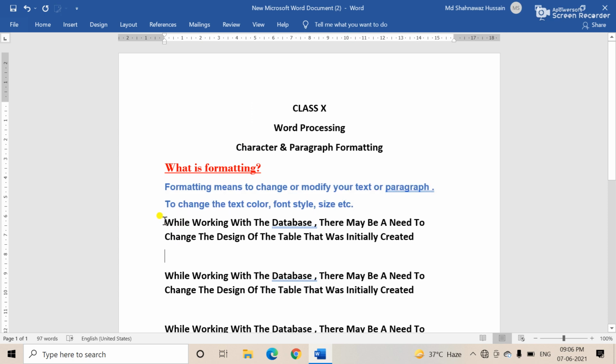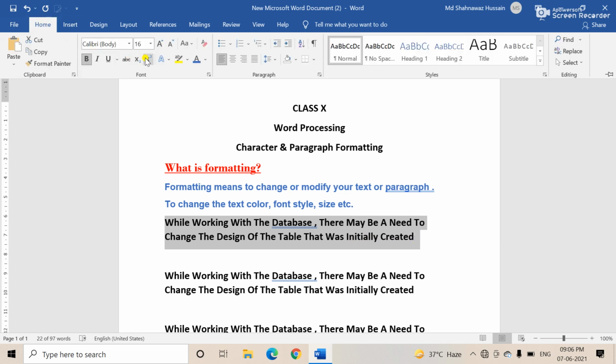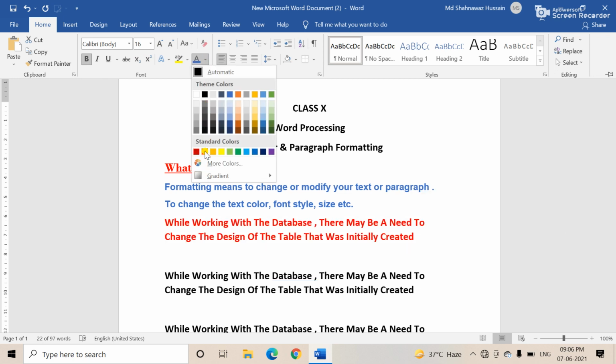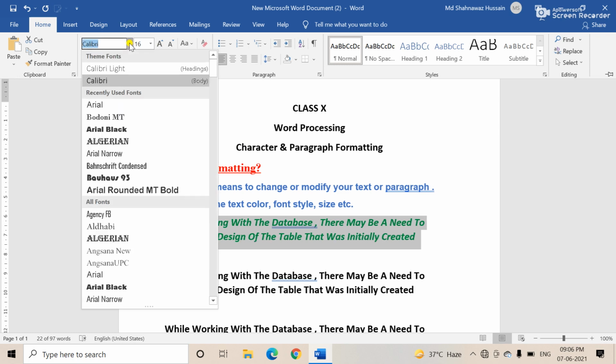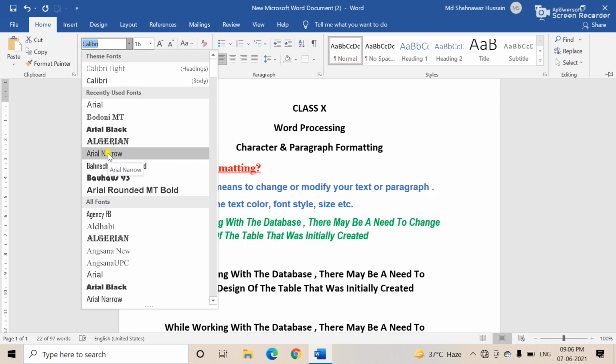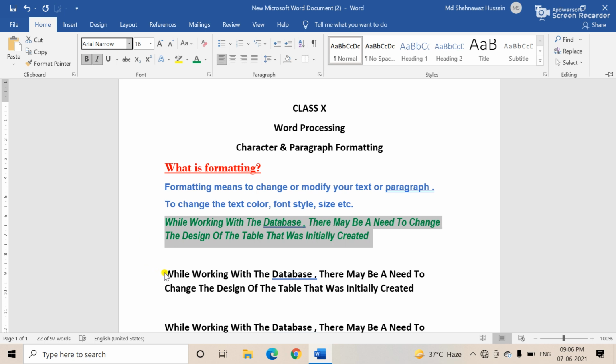Okay, and the next text you select again. Suppose I am changing the color also, select, okay, and this is italic, and these are different designs.